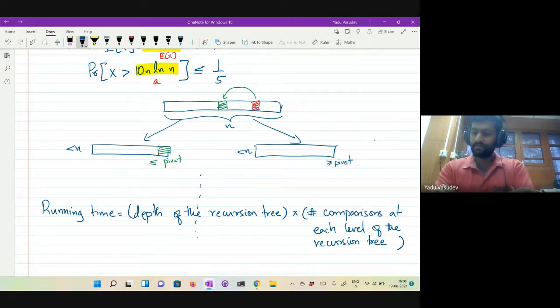So which of these is a random variable? Are both of these random variables, or is only one of them a random variable? What do you think? The running time is a random variable, so at least one of these two should be a random variable. Are both of them random variables, or is just one of them? Both are random. Okay. Any other answers? Does everyone agree that both are random?